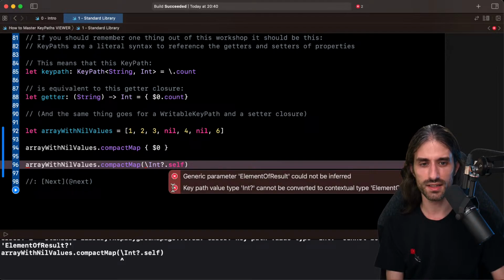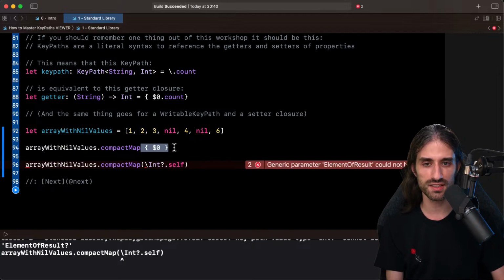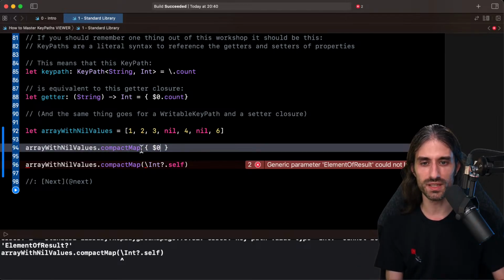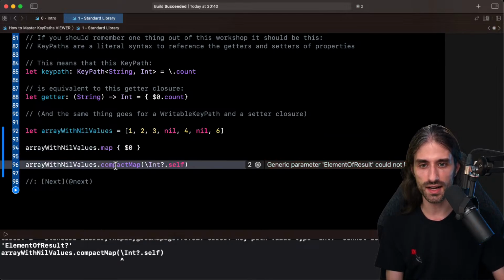It's because then it cannot infer. So this is a bit of a bad example because in this case, the closure, since it maps from non-optional to optional types, Swift gets a bit confused. But I could just do map like that and then map like that right here. Let's see if this one works.